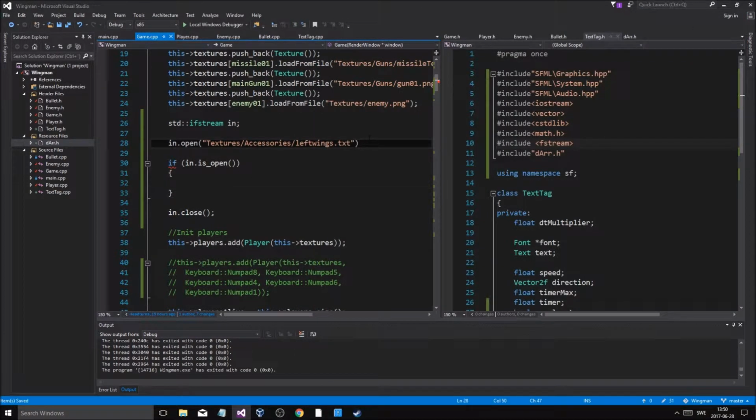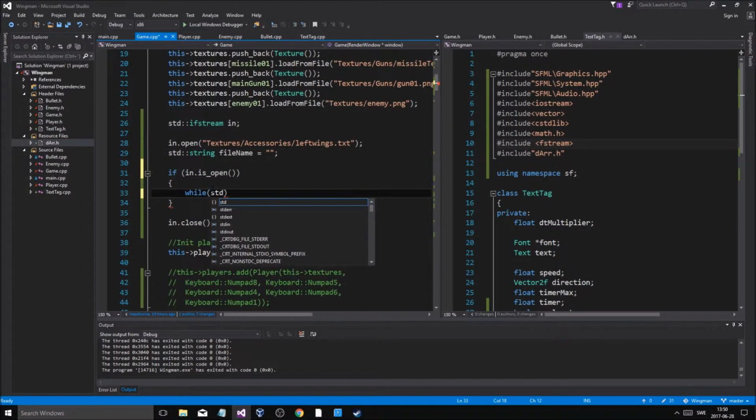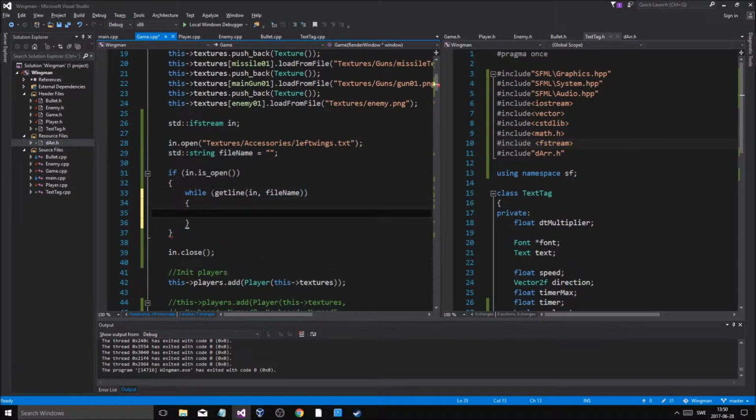We're gonna open this, and we're gonna go while. So I'm gonna get a string. File name is empty. std string file name. So while std get line in file name, I'm going to do this. So once I get the file name, I'm going to do